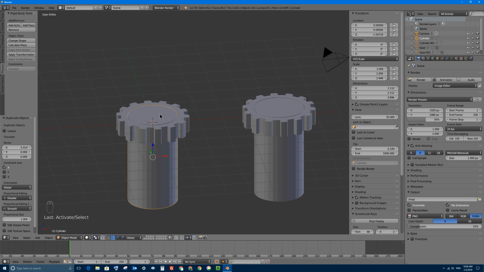going to make the cylinder or the spindle a passive object in our physics simulation. A passive object will not be affected by gravity, and a passive object cannot be pushed or tumbled. It sort of stays locked in place, but it will collide and interact with other things that can move in your physics simulation. So this is not going to fall, it's not going to spin, it's just a static cylinder or spindle. The gear, however, does move, and it will interact with other things and cause other things to move